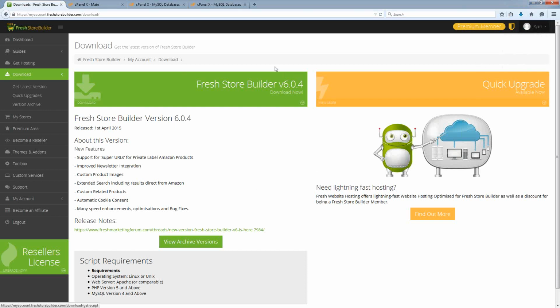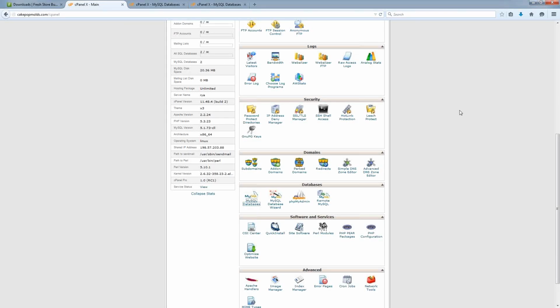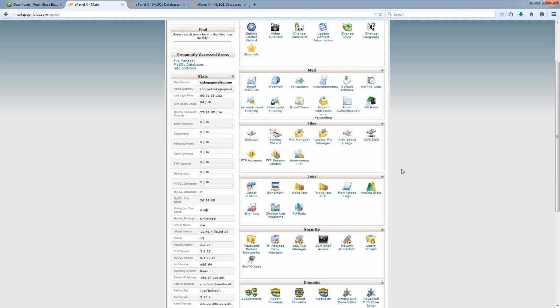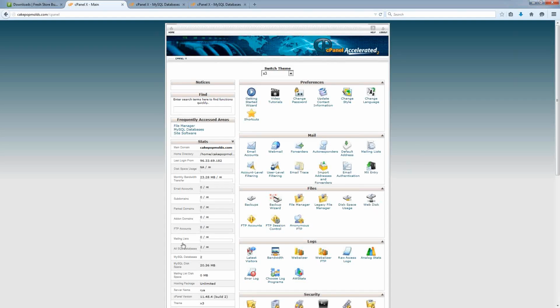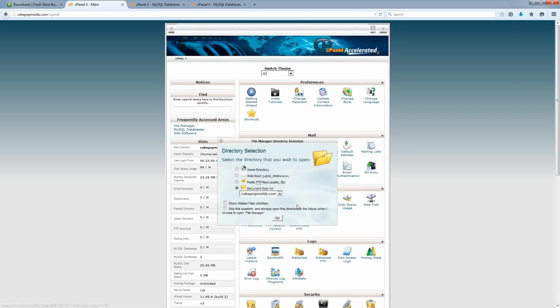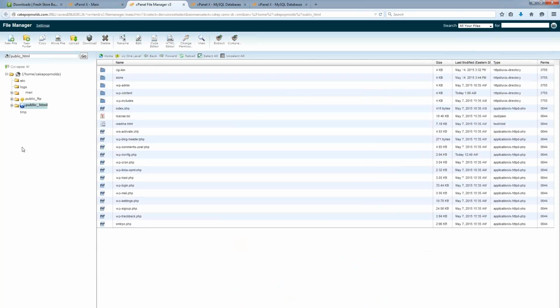Well, this file is the file that we then need to take back over to our cPanel. What I'm looking for this time is under Files, I want to find File Manager. And then I'm going to click on Go. I need to make sure I'm in the public HTML directory here. Within this directory, though,